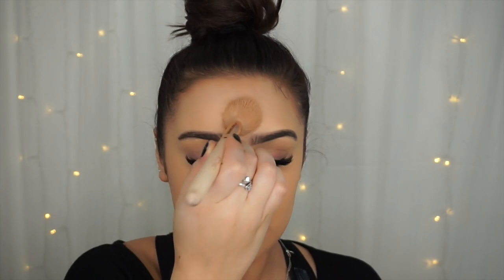Like, this is the big difference. I sweat a lot, so using a powder just helps sort of keep your makeup in place. But just do it so lightly so it's still sticky, but it's nothing major. To bronze my skin up a little bit and to add a little bit more coverage, because I haven't really